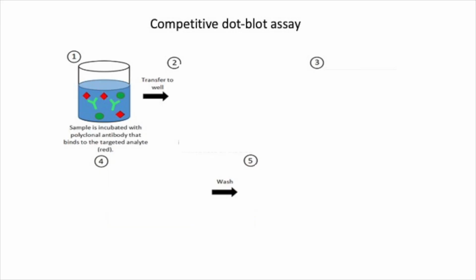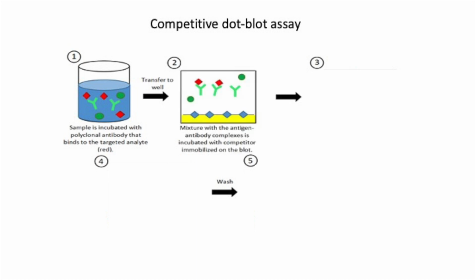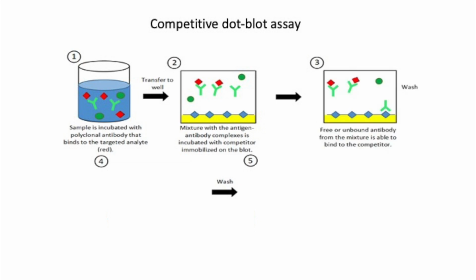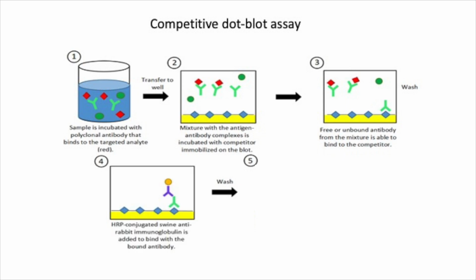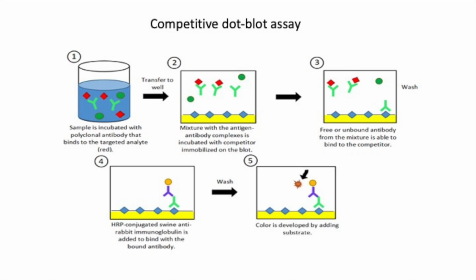The competitive Dot-Blot assay that we have developed is an easy assay. The assay consists of 5 steps. Firstly, the antibody is incubated with the sample to allow primary binding of the antibodies to form antigen-antibody complexes. Then, the blot, where the protein has been immobilized, is added into the mixture. What happens during the incubation is that the unbound antibodies from the antigen-antibody mixture will bind to the recombinant protein on the blot. After the incubation, the blots are subjected to a washing procedure. Then, the secondary antibody conjugated with HRP enzyme is added to the blot,